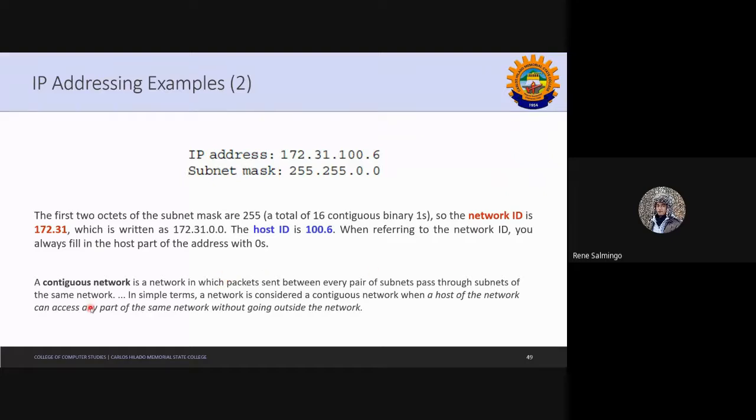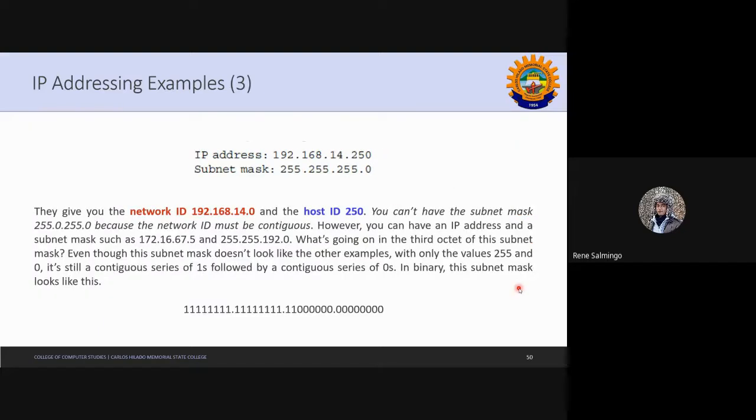So what is a contiguous network? Earlier we were talking about contiguous. So what is contiguous? When a host of the network can access any part of the same network without going outside the network, that we call contiguous. There is an easy passing of information when it is contiguous. And for example, we have this. Another example, you have